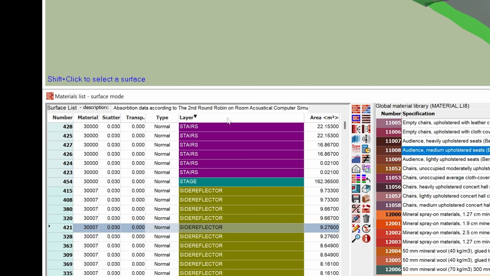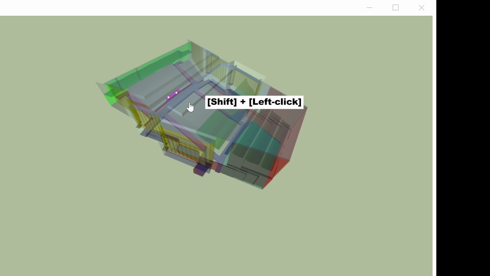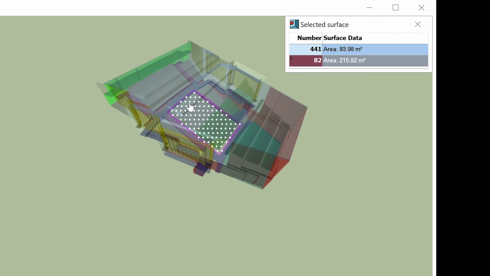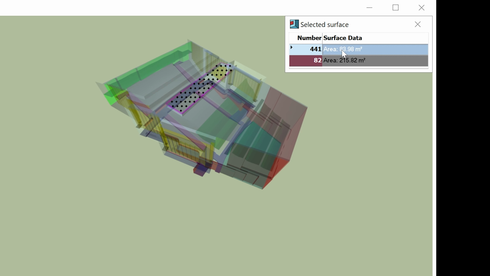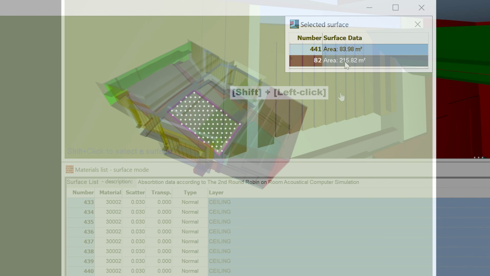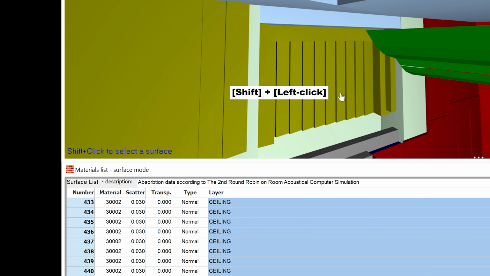In certain occasions, you may need to find the surface number of a specific surface. To do this, shift-click on a surface. If you're in the outer view, Odin will show you all the surfaces that the click goes through. Then, you can select them to identify them. If you're in the inner view, Odin will directly highlight the surface in the surface list.